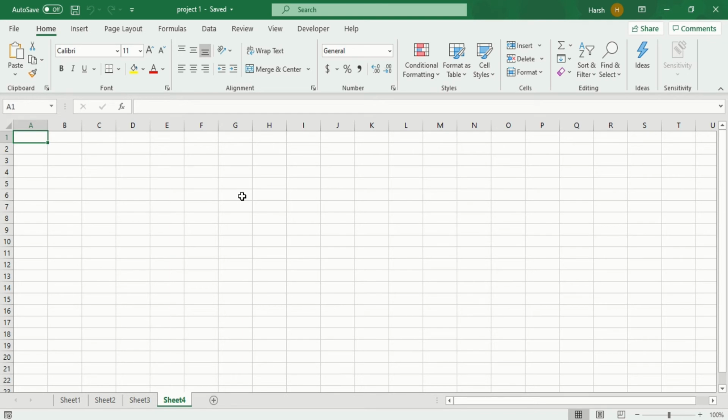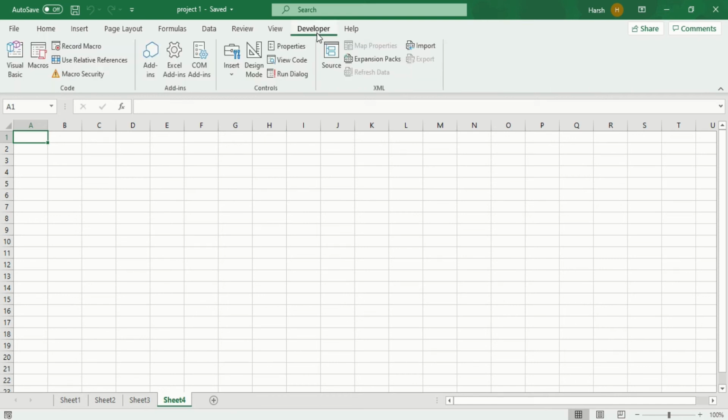And how do we write it and where do we write it? You have to go into the Developer tab. In the Developer tab, you have the option of Code. If you do not have a Developer tab in your main tabs, go to any of your main tabs and just right click there. After that, you will see two options: Customize the Ribbon and Collapse the Ribbon. So click on Customize the Ribbon.